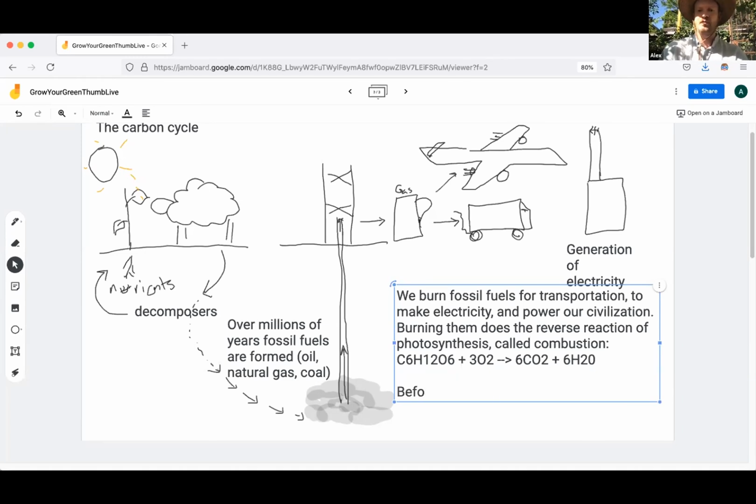And so before 1840, fossil fuels accumulated underground. And after 1840,